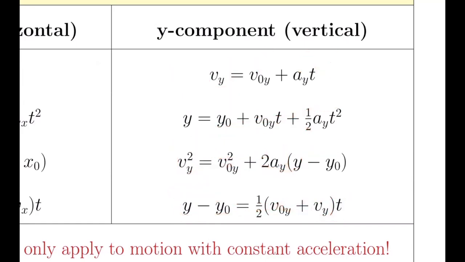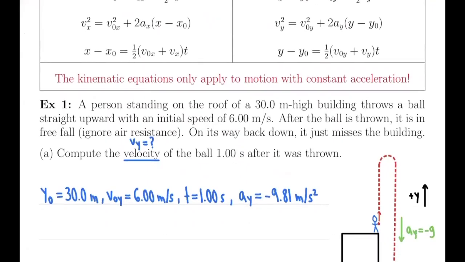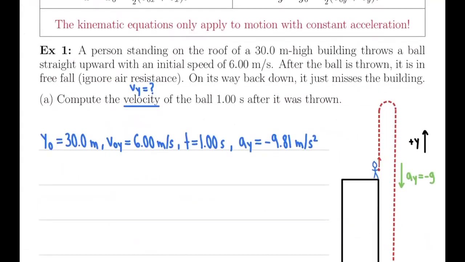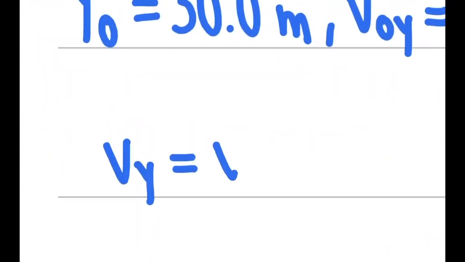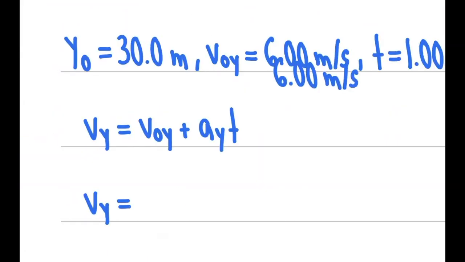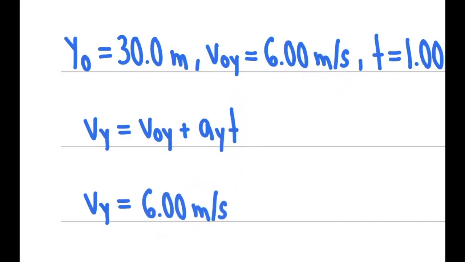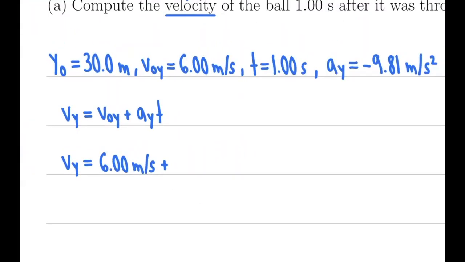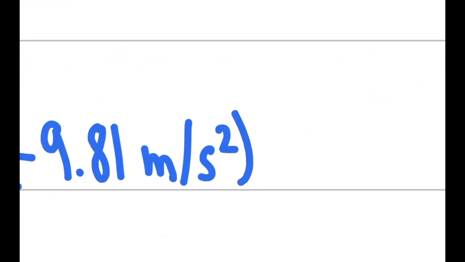It doesn't have initial position in it, though, which we do know, but maybe we won't need that until a later part of the question. Yeah, we'll use that eventually. So Vy equals V naught y plus AyT. The initial velocity, 6 meters per second. Acceleration in the y direction is negative 9.81 meters per second squared, and then times the time, which is 1